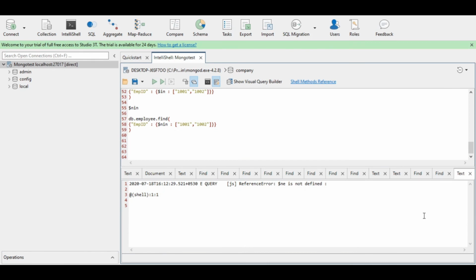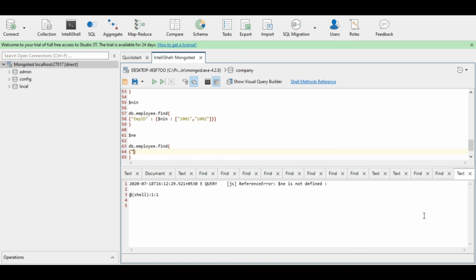Now the last operator. So here we will be using the operator $ne. By using this operator, we can find all the documents which don't match the specified value in that particular field. So here we will be finding all those employee documents where the employee ID is not equal to 1003. So db dot employee dot find, a pair of parentheses, then generate a pair of curly braces.